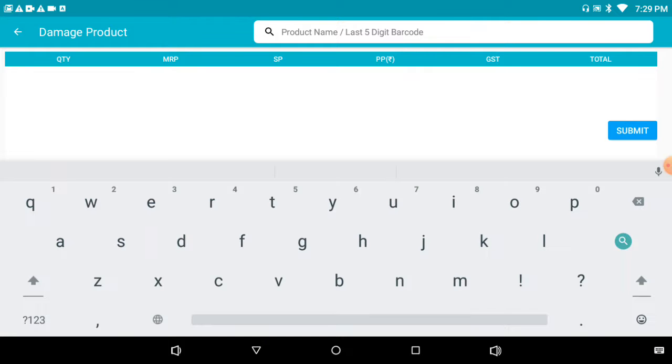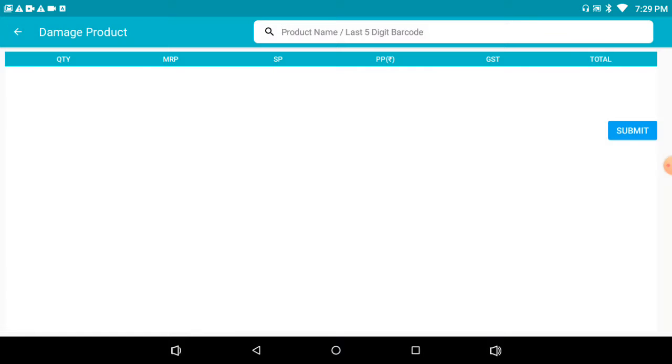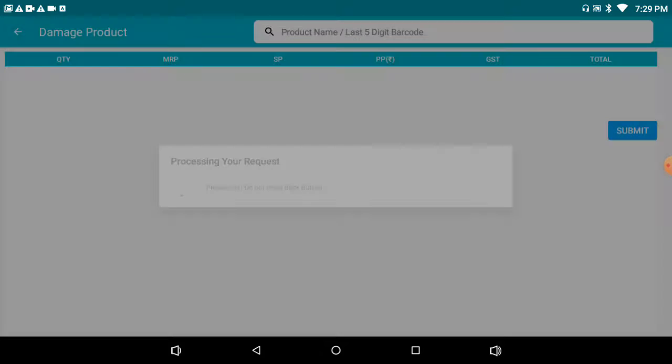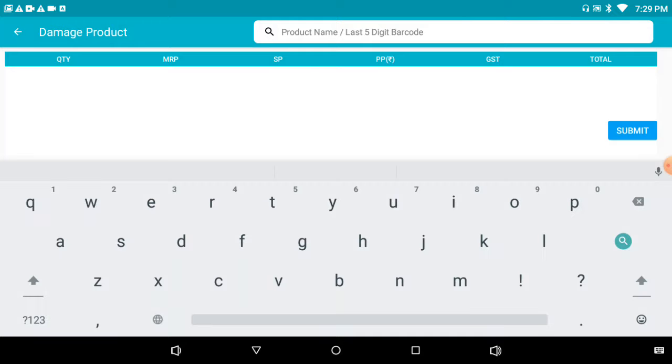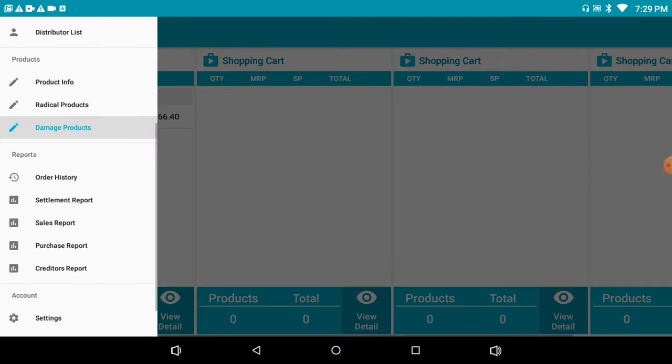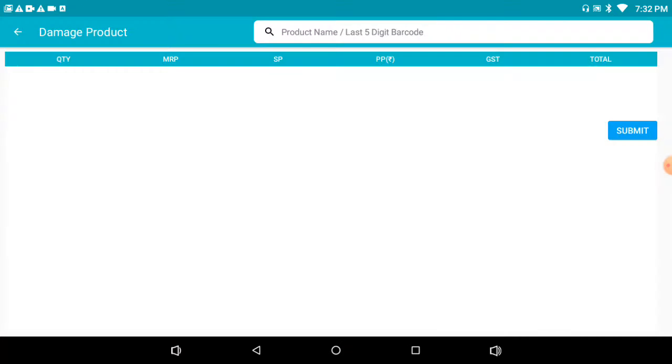When we come to the damaged product section, we simply scan the barcode of the product. So let's see the damaged products tab under the product section. We'll click on the damaged product tab.